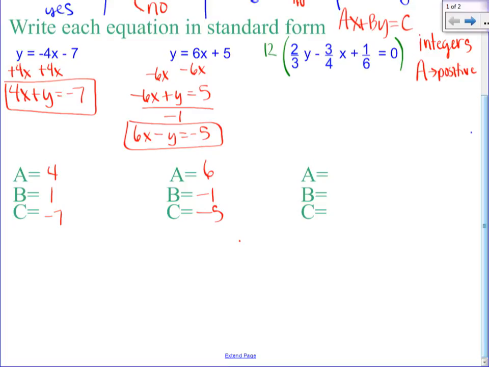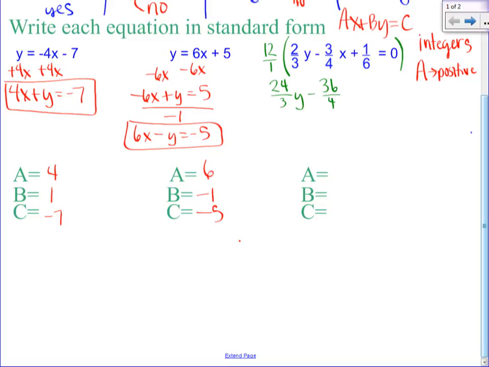Here's what's really happening. You're multiplying by 12 over 1. Do you need a common denominator when you multiply fractions? No. Okay, we're just going to multiply straight across. So we're going to distribute this 12 over 1 to all 4 terms. So if we multiply straight across, we now have 24 over 3y minus